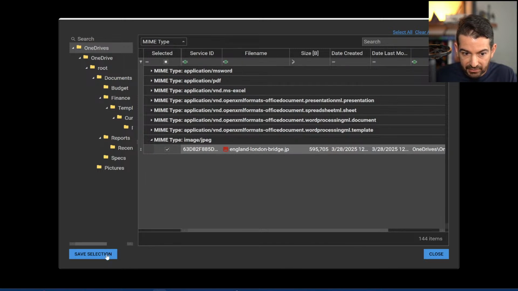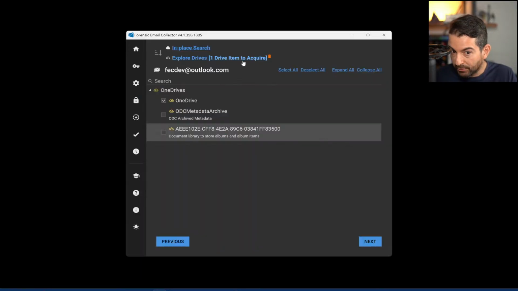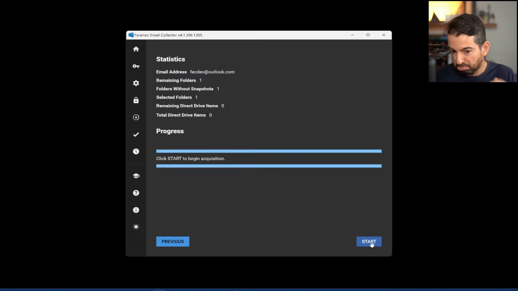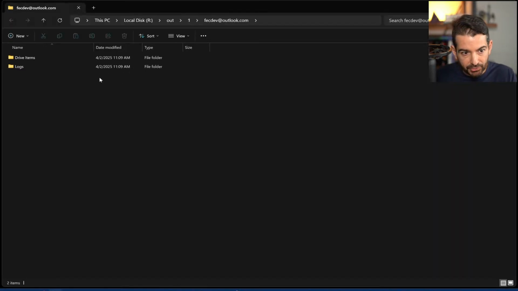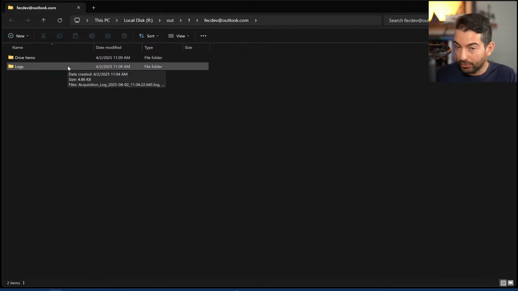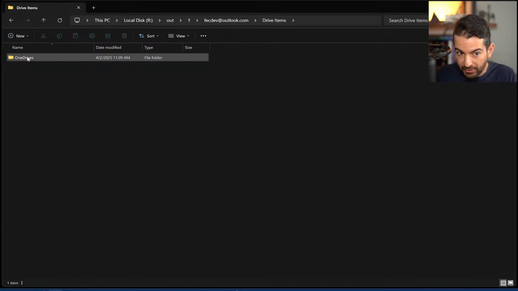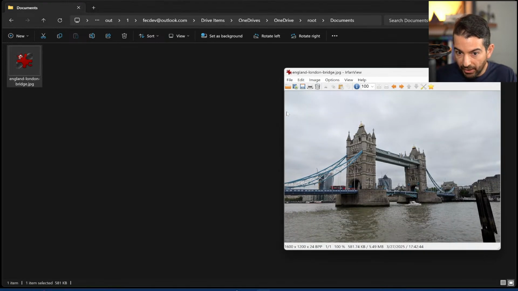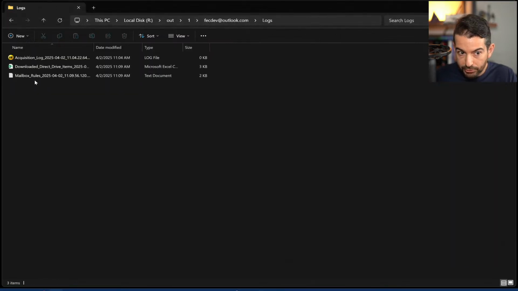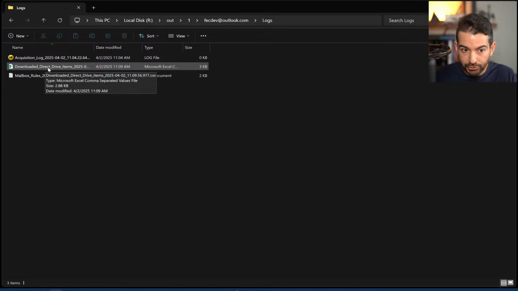So I can select this, save my selection, OneDrive item to acquire. I can just say, yes, okay, go ahead. So we acquired. Pretty straightforward. The output side looks very similar to what you're used to from Google Drive probably. So we have the logs and we have the drive items. There's going to be a folder structure here, if that was a folder structure in the original. So here's our file that we acquired, and going back here, logs, we have the usual acquisition log, but this